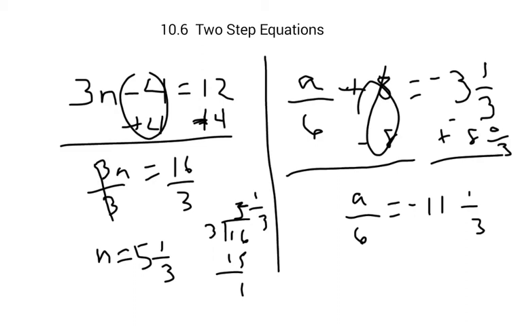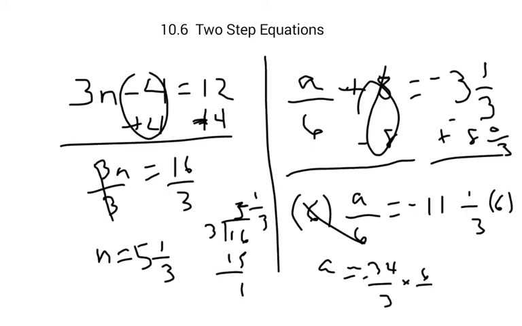And then, as we're in our quest to get a all by itself, we must undo dividing by 6. So we're going to multiply by 6. It's getting a little tricky here. So this results in a. And then let me just take a shortcut here, because I don't really have room to show. Well, let me try here. This would be 3 times negative 11. 3 times 11 is 33, and 1 more makes 34. So this is negative 34 over 3,